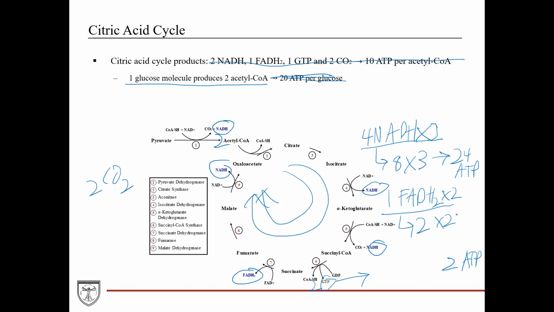So times 2, and you get 4 ATP. So for the citric acid cycle, you end up getting 30 total ATP. Now, you've got to remember with glycolysis, and again, we'll go over this in more detail in the glycolysis